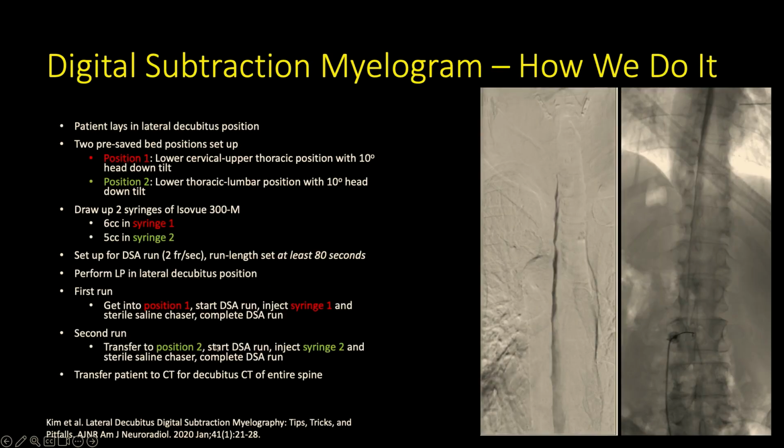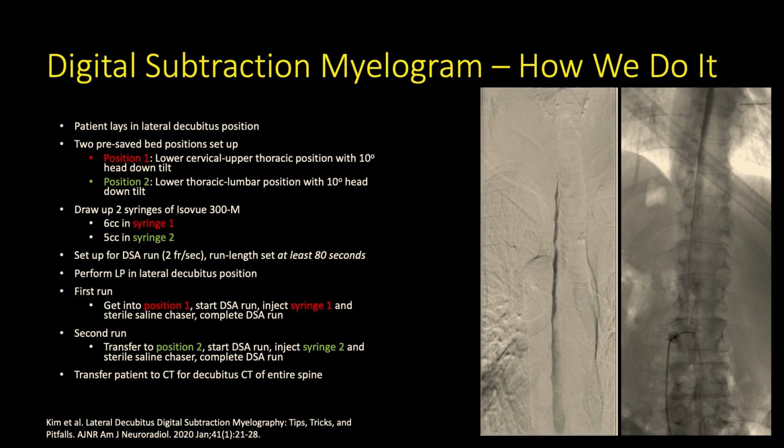For digital subtraction myelography, or DSM, in this case, we do this in the fluoro suite, and the patient will be lying on their side, and we'll set up 2 runs, one of the cervical to mid-thoracic spine, and then a second run from the mid-thoracic spine through the lumbar spine. And we draw up 2 syringes. The first syringe, we have 6 cc's of Isovue 300M, and then the second syringe will have 5 cc's. We then set up a digital subtraction angiogram run at 2 frames per second with a run length of at least 80 seconds. We then stick the needle in using fluoro guidance into the lumbar spinal canal, and then we